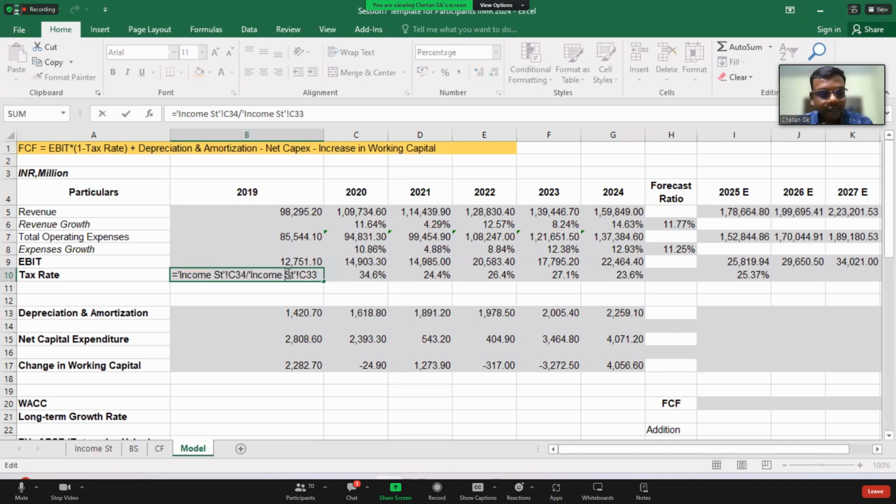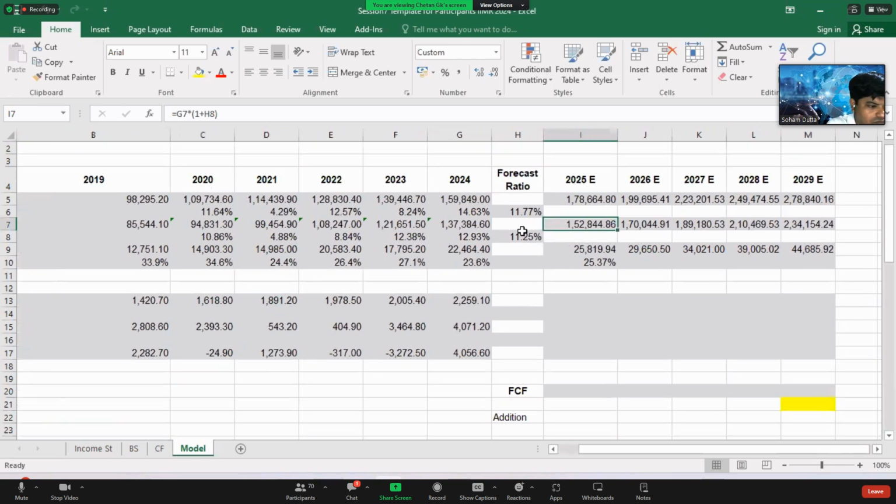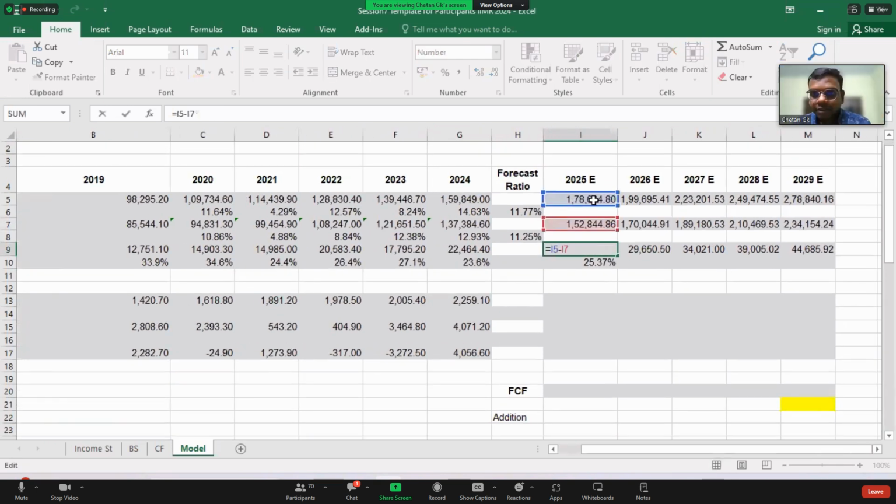The moment you click on it, you'll be able to see. So this one for 2025, 25,819. Yes, it's easy. This is this minus this. That's it. Okay. Fine. You got this. This minus this.